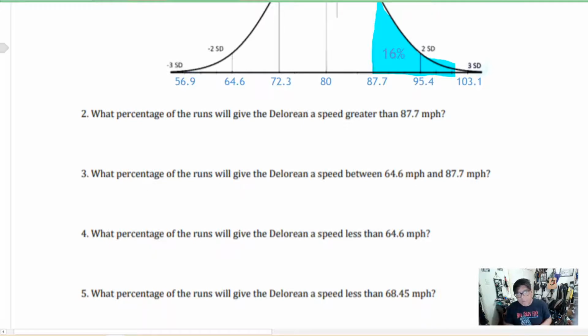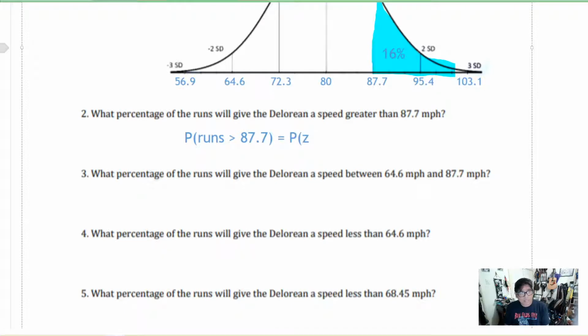Now, I'm very particular about how I want you to write things. So here's exactly how I want you to write this. That P means either probability or proportion. It's kind of interchangeable in this case, but let's just say proportion of runs that are greater than 87.7. That's equivalent to the proportion on the Z curve. Just write the Z for now. We'll talk about what that means. The Z greater than 1, and that's equal to